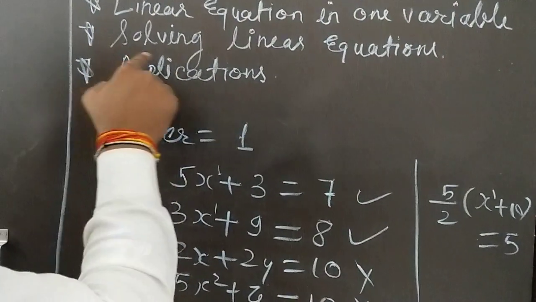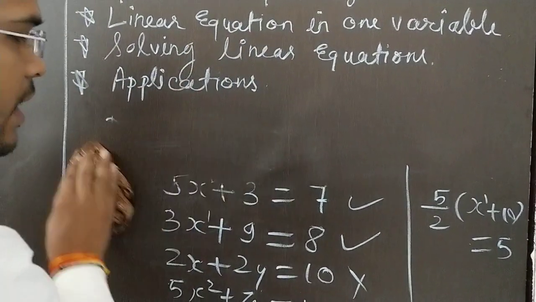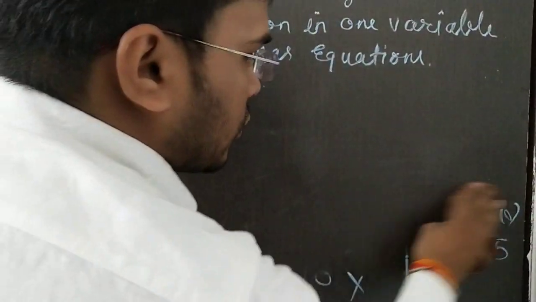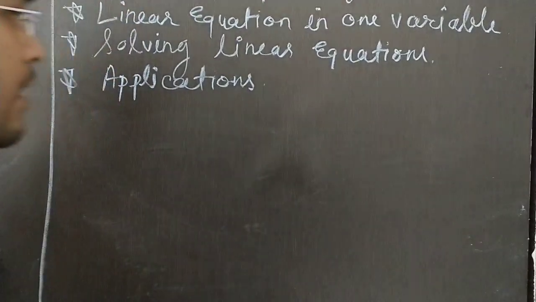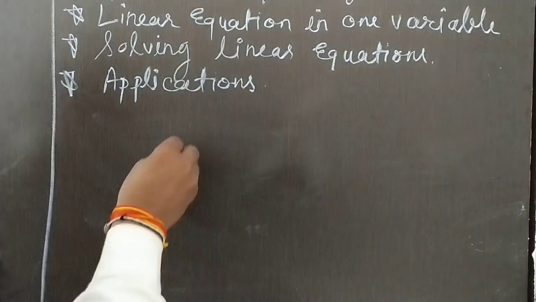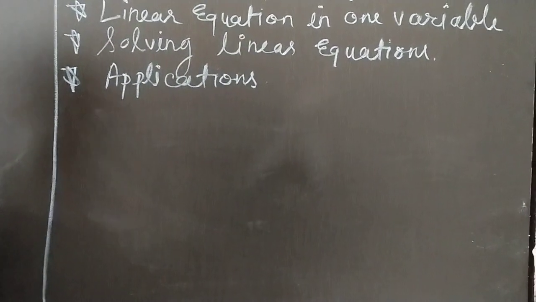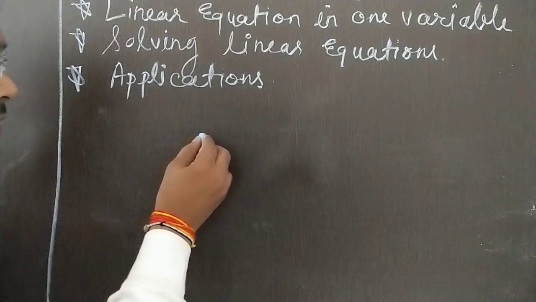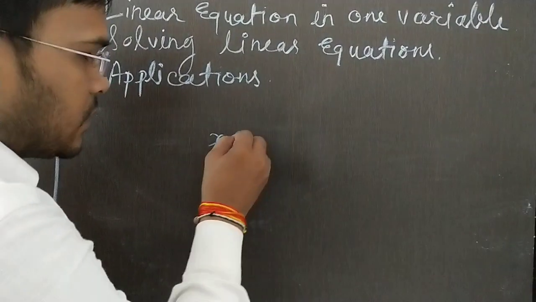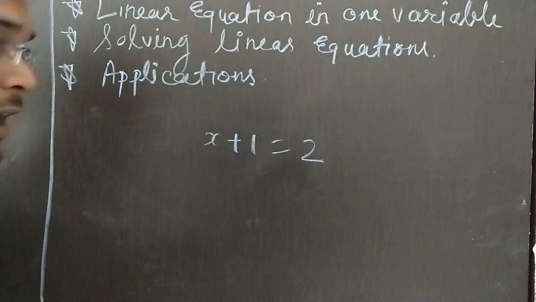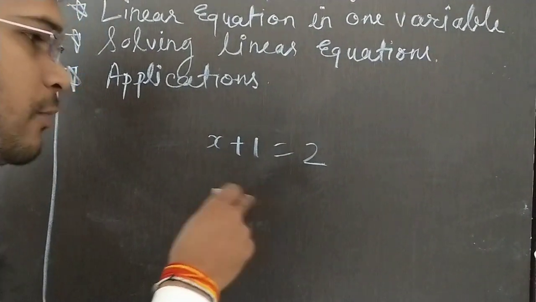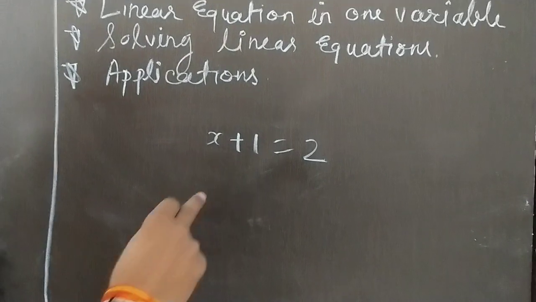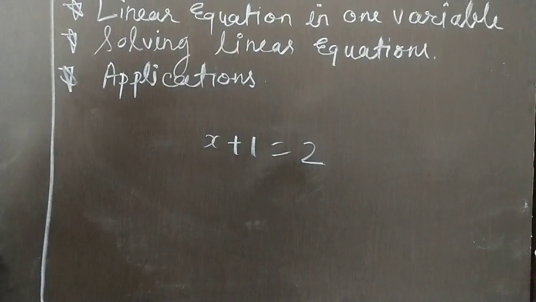Okay. Now come to solving linear equations. Solving linear equation means how to solve. There are many methods. Okay. You can use whatever you want. Last year we studied simple equations in class 7. Do you know anything? Simple equation like x plus 1 equal to 2. So what we are doing, plus is there, so minus we have to do on both sides. If there is a subtract, so addition we have to do on both sides.